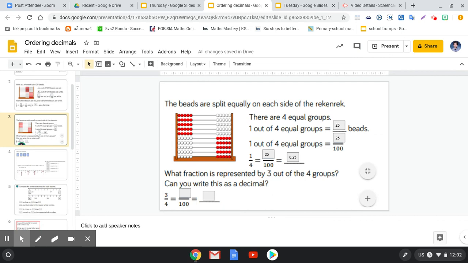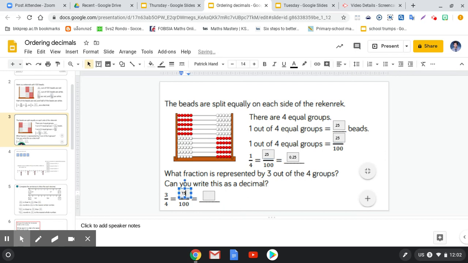So what fraction is represented by 3 out of the 4 groups? So 1 group is 25, 2 groups is 50, so 3 groups would be 75. So just like when I was turning a quarter into a decimal, this is now 3 quarters. So it's the same thing as 75 over 100, but as a decimal, we would write it as 0.75